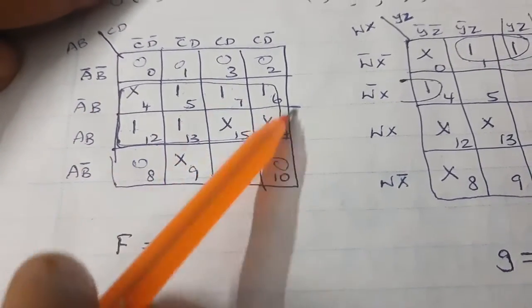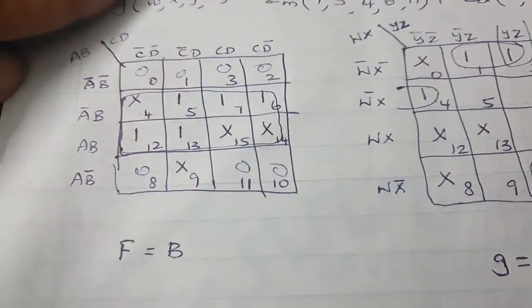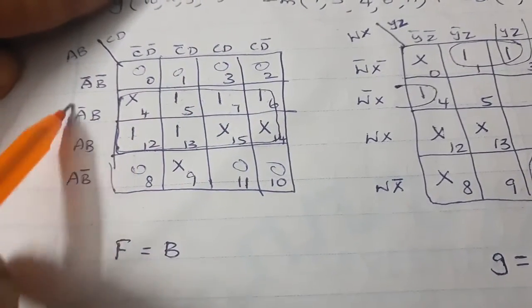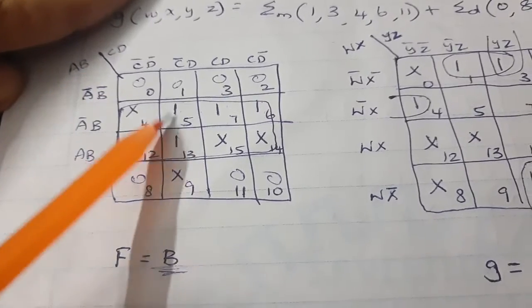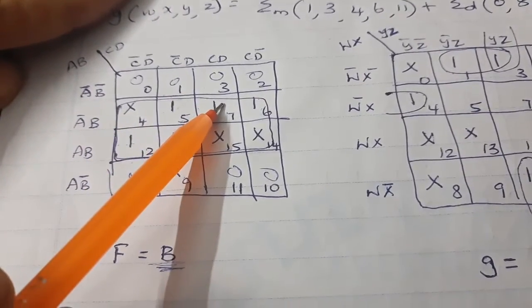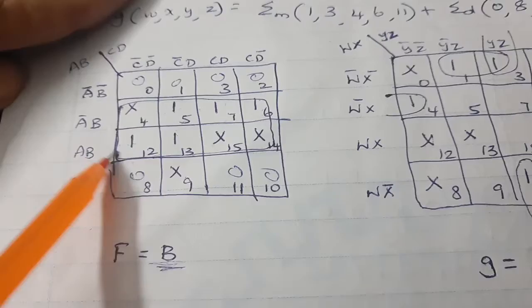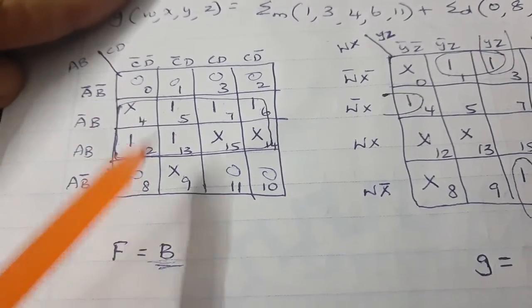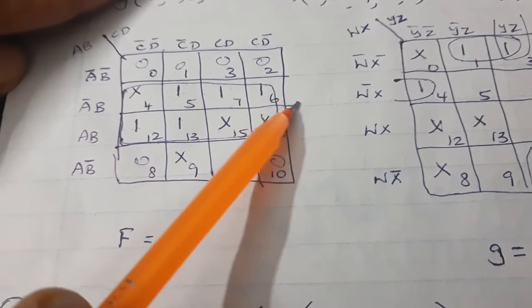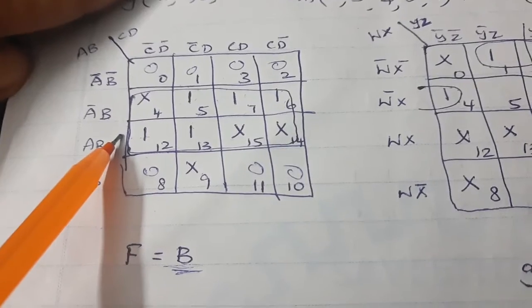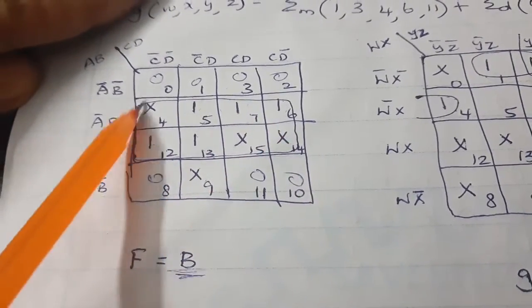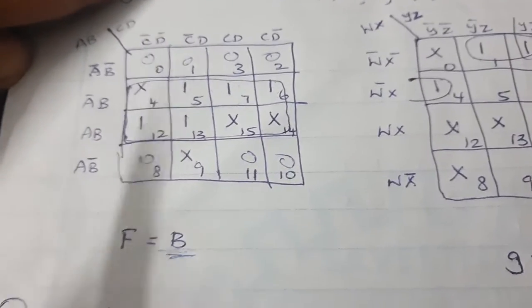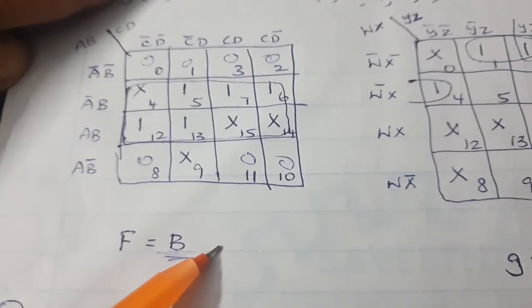So what is the answer? One octet answer. These are all changing. The only common variable is B. The answer is B. So instead of using 2 groups or instead of using 1 group, now we are going to combine the don't cares. In such a case, it makes one octet. Therefore, the minimized expression when I do it with an octet is the least. Therefore, the answer is B.